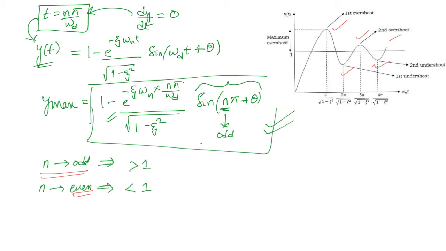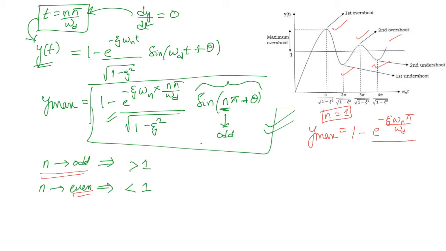Then what will be the maximum value of output y max? It will be the first overshoot, because as time increases, the overshoots will reduce in their magnitude. So y max will be the first overshoot, and you have to substitute n is equal to 1. When you substitute n is equal to 1, you will get y max is 1 minus e to the power minus zeta omega n into pi by omega d, divided by